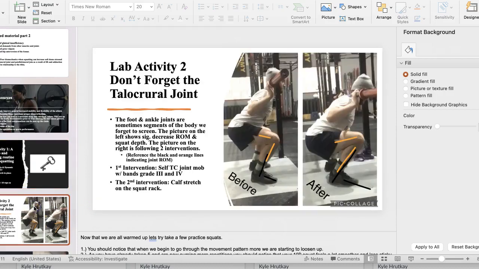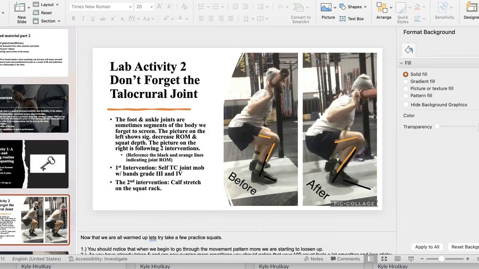Okay. This second lab activity, now that we're all loosened up, we got the blood flow going, right? Now we could start stretching. So this before and after picture, I was almost contemplating not putting it in the slide, but I think it's really important to see the effects that the talocrural joint, right? And stretching out that ankle and getting it prepped for the demands that are about to be placed upon the body can have a huge influence on the overall squatting